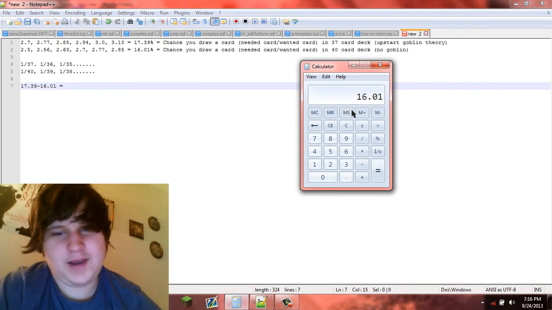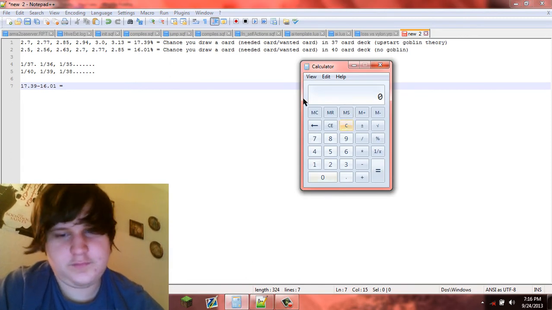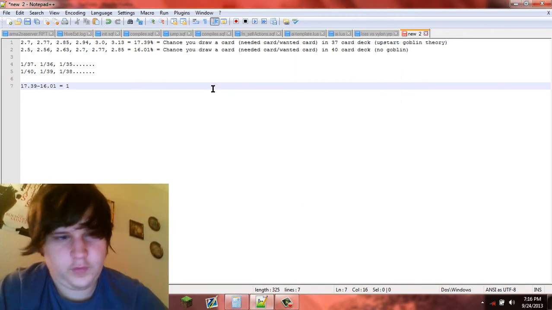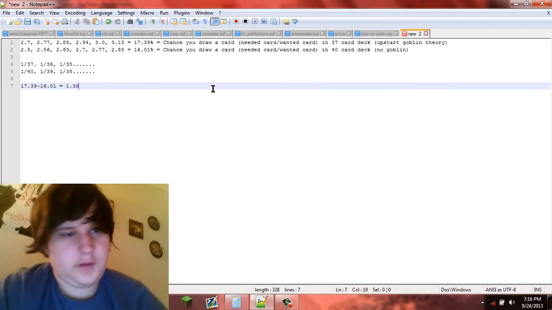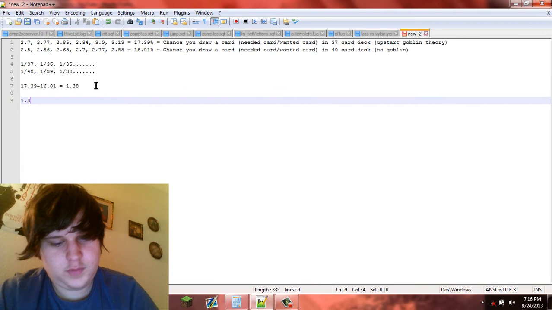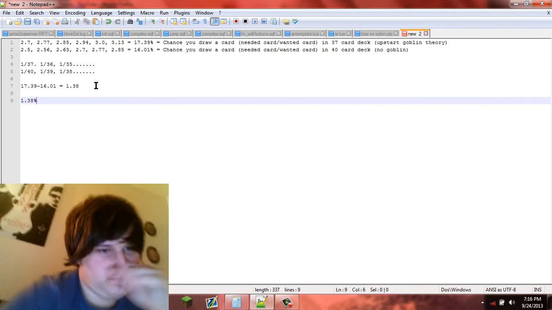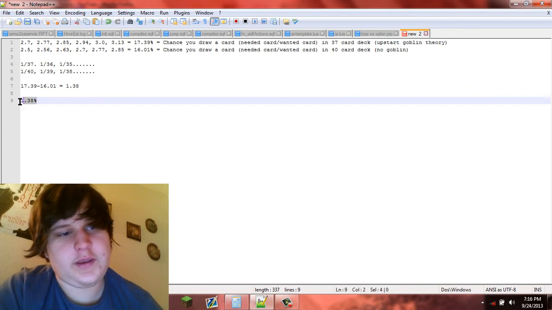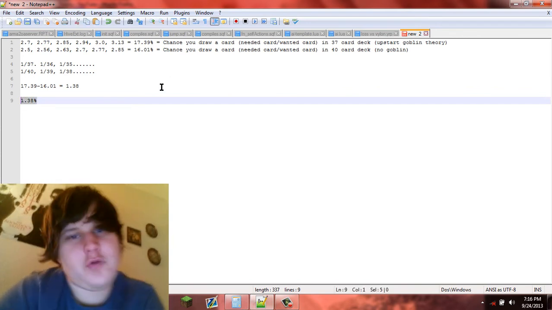I'm gonna do that. Yeah, I mean, I know what it is, but I just want to make sure that you guys see that I'd rather you guys not have to check it. So it's gonna come out to be 1.38, obviously, because all you gotta do is minus that 1. So that's what you're getting in your Upstart Goblin deck. You are getting a 1.38%